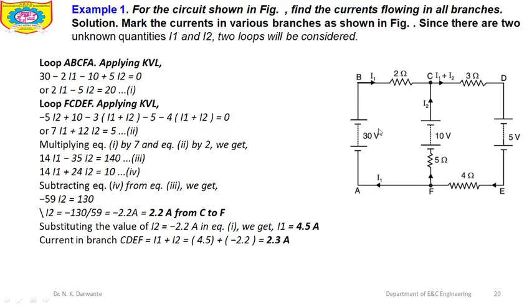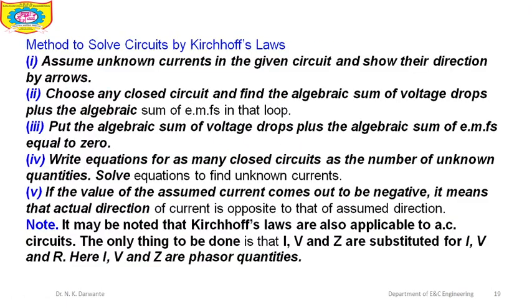Actually, in the exam this kind of question will not come. You may be asked particularly to find out the current in a particular branch. For example, in this circuit you may need to find out the current in the AF branch or in the CF branch. Then how to proceed? But here in this example we have to calculate the current in all the branches, because if we are able to find out the current in all the branches, then definitely you can find out the current in any one of the branches. Then we'll see first of all the steps one by one.